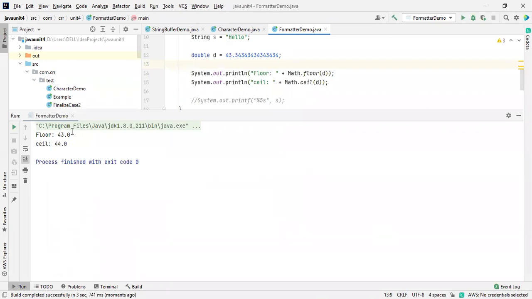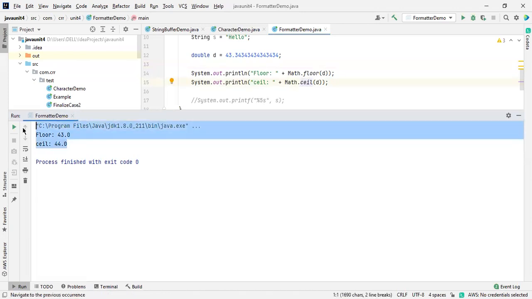43.1 also gives the ceil as 44. Ceil in the sense of the top of the ceiling. Think like your fan is at the ceiling, and floor in the sense you're flooring. So flooring in the sense, 43.01 also gives you 43 for the floor. Ceiling in the sense, 43.01 also gives a 44. I think you got my point, what I'm saying.